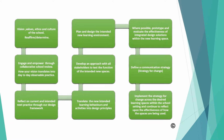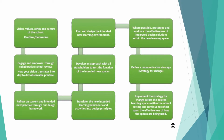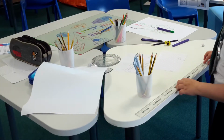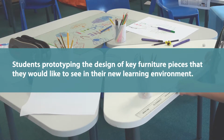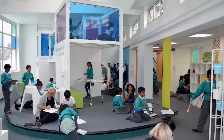When we've done that, we then ensure that everybody is testing out and looking at the way they could be organised, the way they could be worked. We then use that to design the new learning environment. And where possible, as you see on our diagram, prototyping, testing out, using spaces that could be colonised to look at how this might work, we found very valuable in developing our approach to new spaces, especially where remodelling